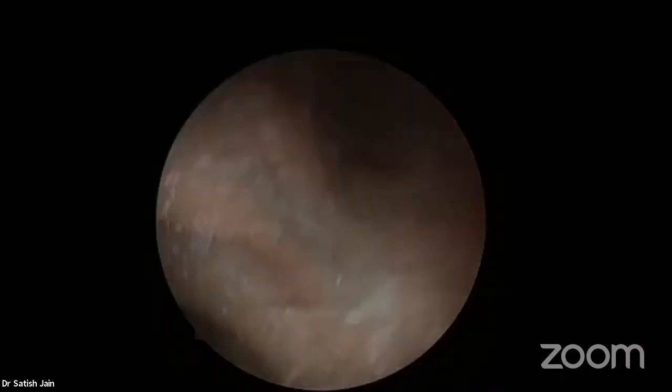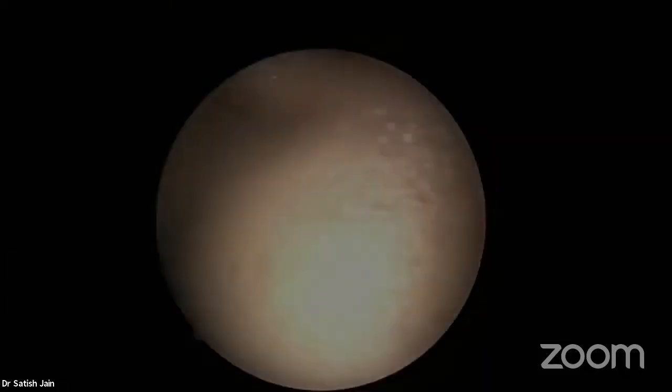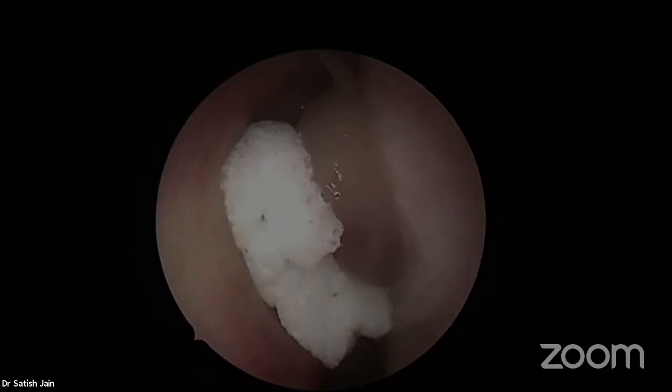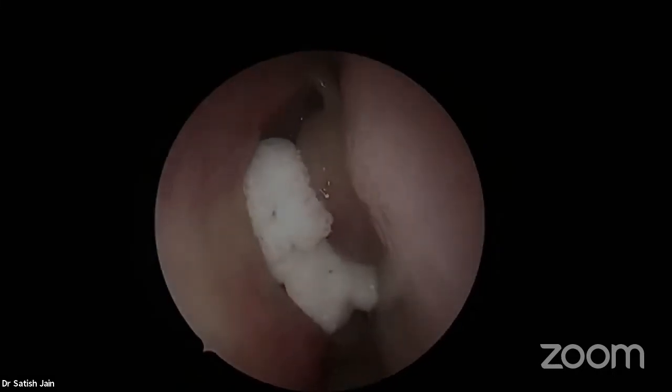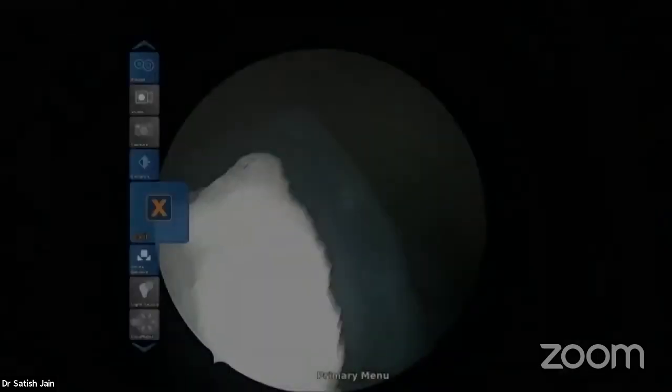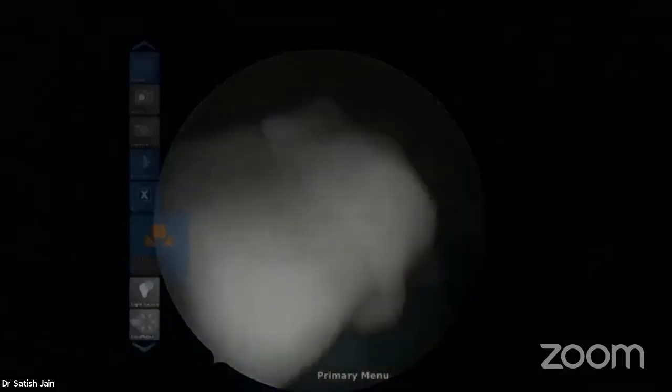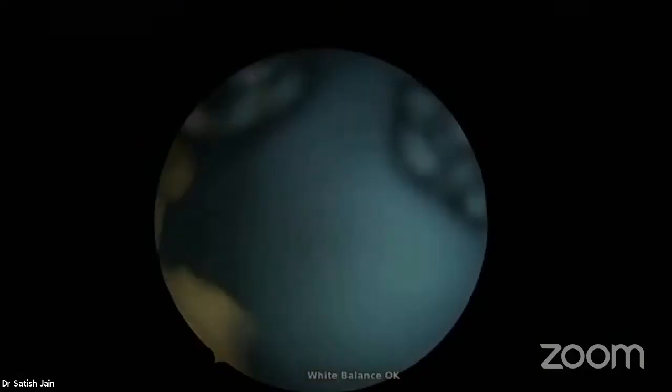Okay, are you getting the picture now? Yeah, now we are getting it. How is the picture, boss? Previously it was very good. Now it's okay. A little bit out of focus, but it's okay now. Okay, let me do the white balancing. Let me know your feedback so that I can do something to improve the picture quality.